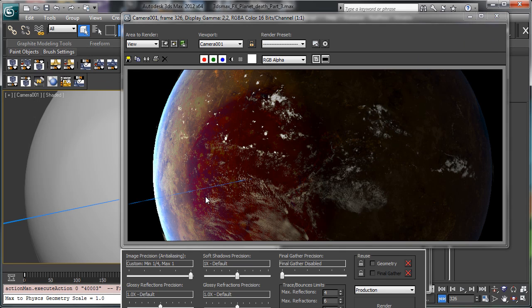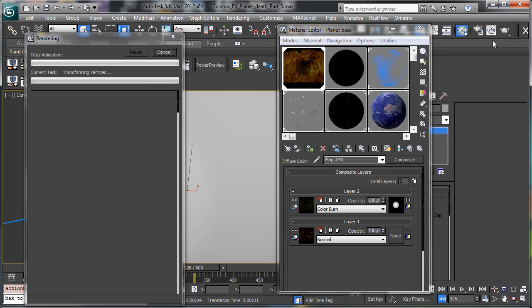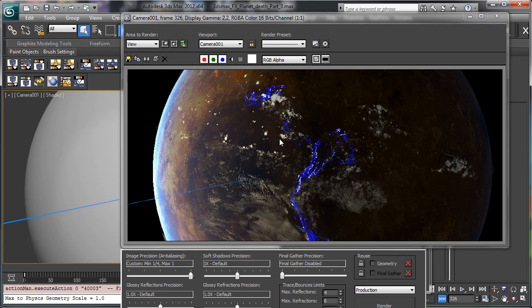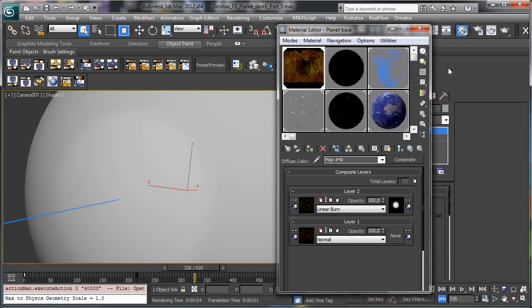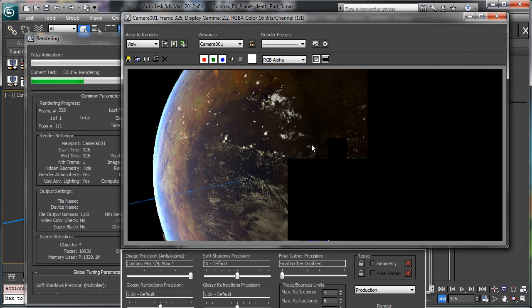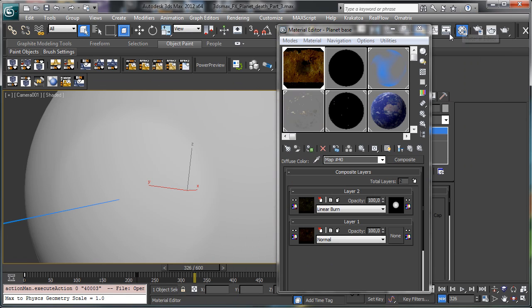Okay, you see that there we have a more red color with some blue, but I prefer to have something different, so let's go there and let's see, for example, with the color burning. Okay, you see that maybe these blue areas are not so good. Let's see now. Okay, you see that we have this red there. Okay,